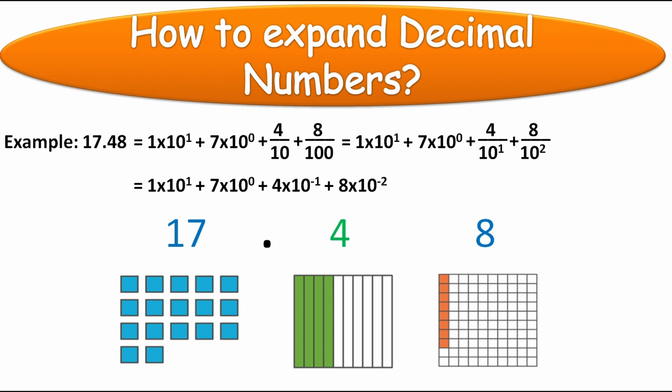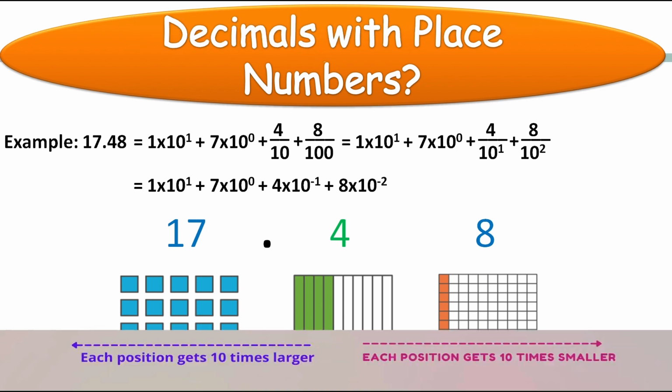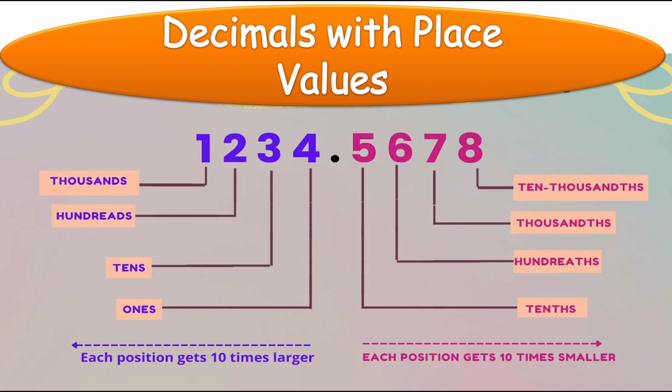Okay. Now I'll tell you about decimals with place values. Now I'll tell you the names of the place values. You all know the place values of whole numbers. This is a whole number: 1, 2, 3, 4. 1234 is a whole number. In this, 4 is in the ones place, 3 is in tens, 2 is in hundreds, and 1 is in thousands. Okay. But here, after the decimal point,